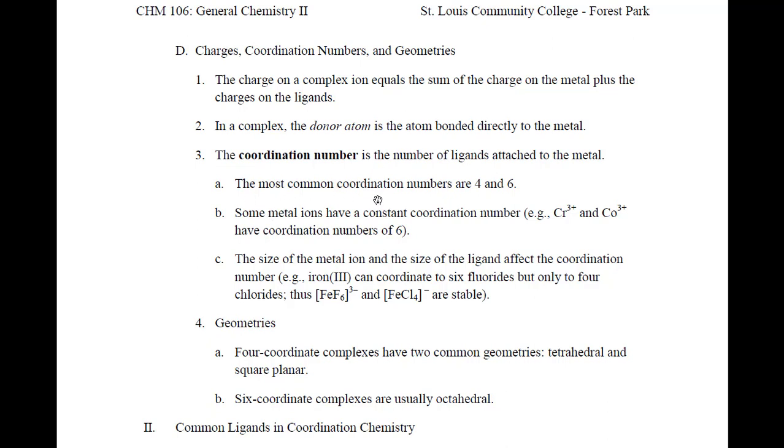And the most common coordination numbers are 4 and 6. You might find other numbers, but almost everything, especially here at this freshman level, is going to be either 4 or 6. So if you have absolutely no idea, pick either 4 or 6. And even out of that, most of them are 6, because they want to occupy what's called an octahedral geometry, which you should have learned about in General Chem 1.